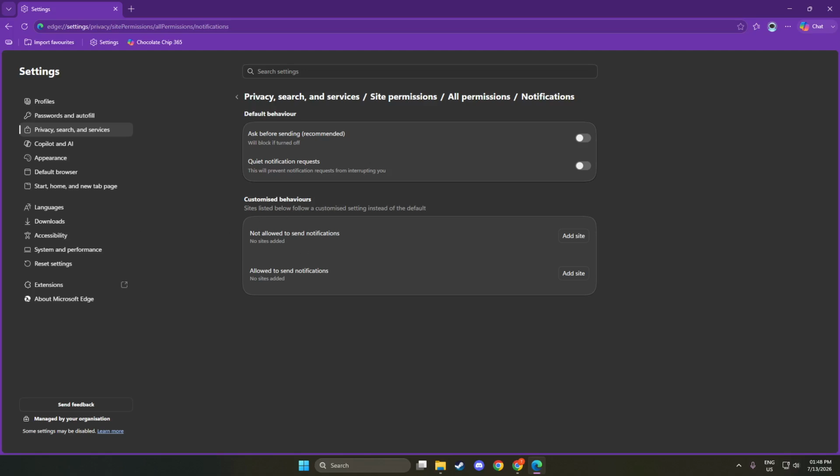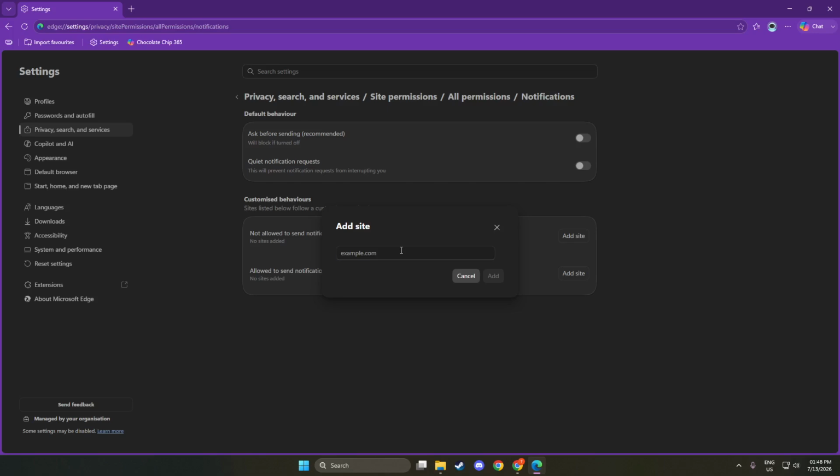If you prefer to block notifications from specific sites instead, you can add them to the block list here as well. Find the block list section and click on the Add button. Enter the website address whose notifications you want to block. This allows you to keep only the notifications that matter to you. Once you have added the sites, you will see them listed. This makes sure that your preferences are saved and that you will not receive unwanted notifications in the future. Customizing your settings in this way greatly enhances your overall browsing experience.